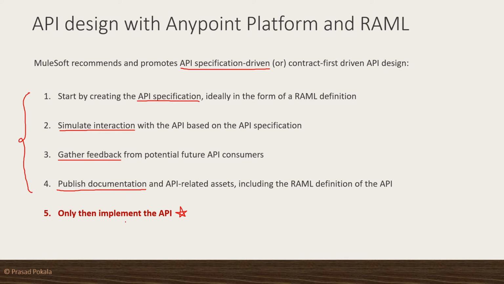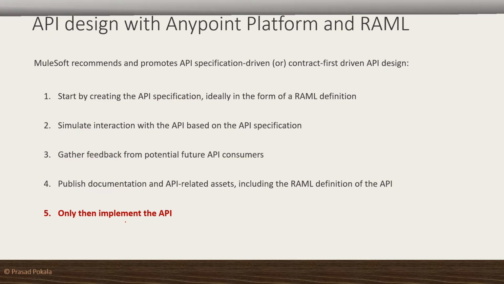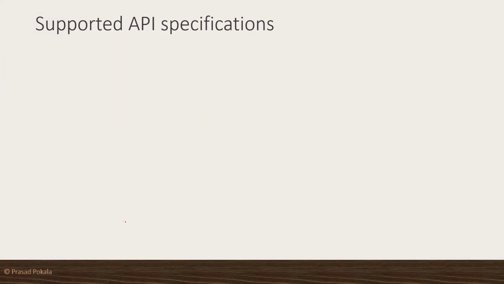This is the approach that has been followed even by us so far in the course, in all the previous sections, which is good. Now let us see what other things are supported by the Anypoint platform in the aspect of API specifications. The first one, like you know, is the RAML definition. RAML definitions have first class support in all relevant components. With respect to API, every single RAML component or variety of it is supported by the Anypoint platform.